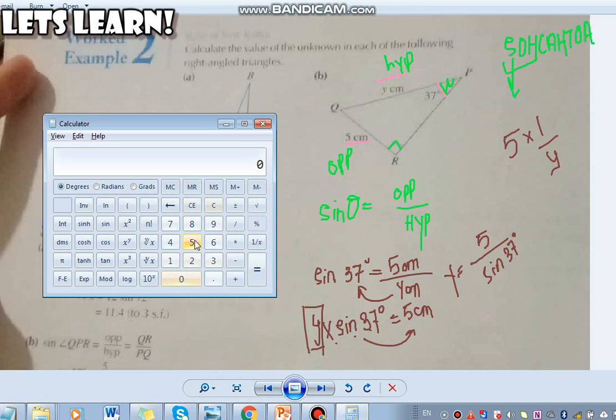So again 5 divided by, see, this is why I told you guys that brackets are important. Right now I'm using my computer's calculator, but if you have your Casio calculator, you can use the many ways of doing this. You can either use the formula, the fraction form. You can use the brackets here. So I'm using the brackets.